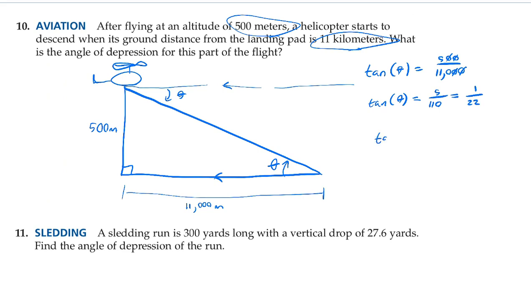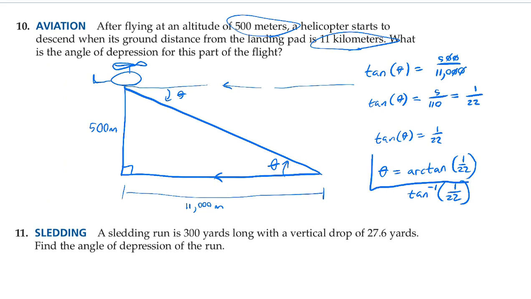So if the tangent of theta is 1 over 22, then theta is equal to the inverse tangent. I'm going to write arctan this time, but you could write tangent inverse of 1 over 22. Mathematicians don't really like this notation because the -1 almost makes it look like 1 over tangent, so I'm going to go with arctan here. So that's the exact answer, but we could say that it is approximately equal to arctan of 1 divided by 22 in parentheses, and that's